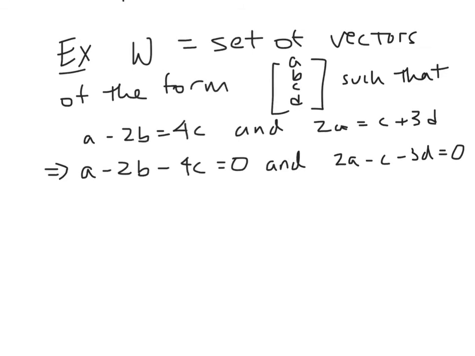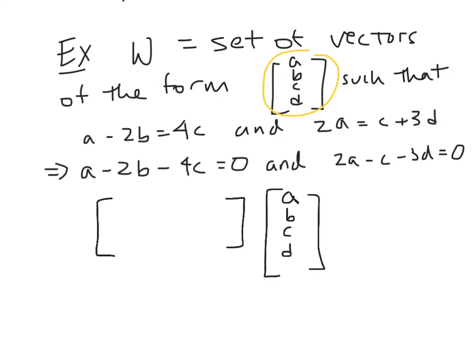So now we need to write a matrix that has these two conditions satisfied. We want a matrix so that if I multiply it by a vector of this form, it equals 0. So you should be able to just read off what this matrix is